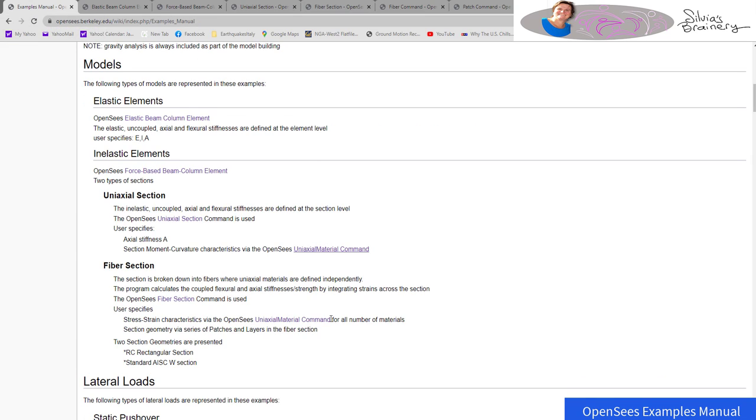So let me see the specifics of what we're going to look into. In the elastic beam column, you have elastic uncoupled axial and flexural stiffnesses. Sometimes you don't have to define shear. It's kind of taken as rigid in your element. Then the uniaxial section is going to be inelastic uncoupled axial and flexural stiffnesses, and you define all of them at the section level, which is using the uniaxial section command. And so what the user is going to specify is the axial stiffness and the section moment curvature characteristics via